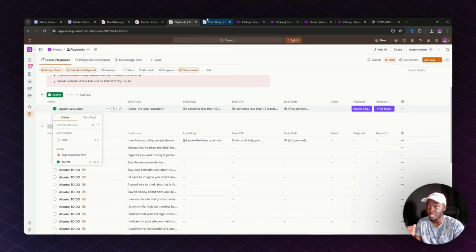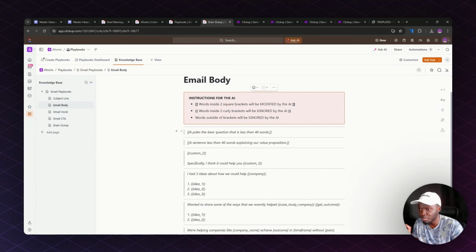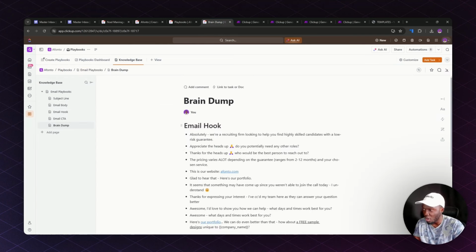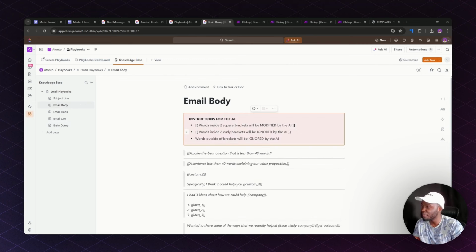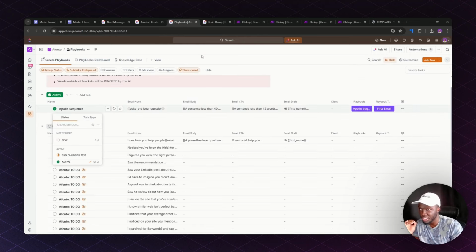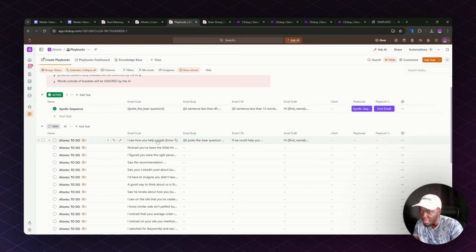And so if you're getting the gist, we have a brain dump. This brain dump is where we put all of our ideas. Every single email that we see, we put in the brain dump. We come back over here to analyze all of the emails we've got. If we see any good ones that are a really good fit, we move them into their specific section. Once they're in a specific section, we can then come back and leverage this to create playbooks. And then once we've created the playbooks, so once we've determined that something is really good,